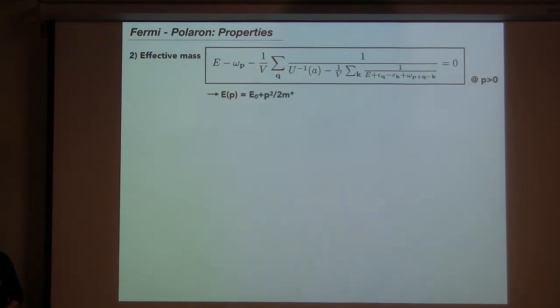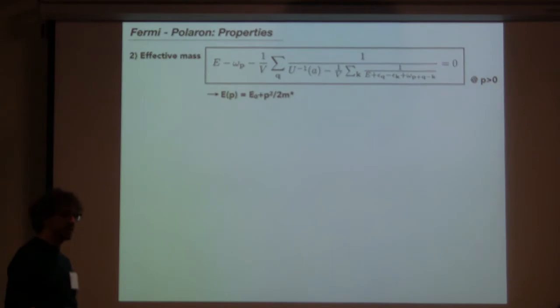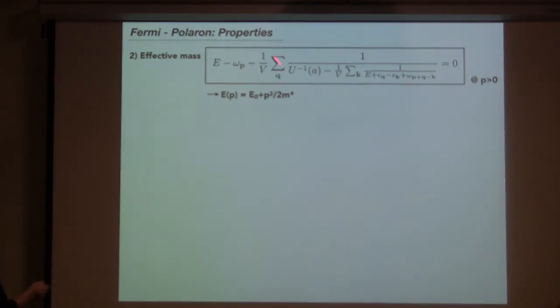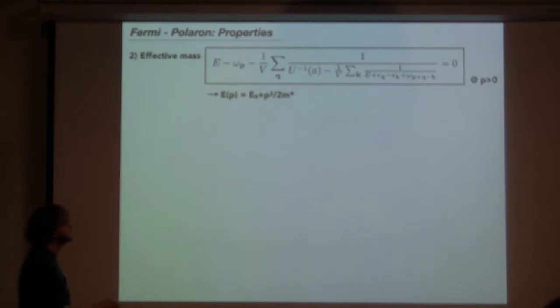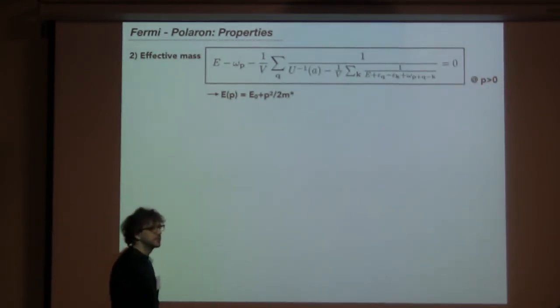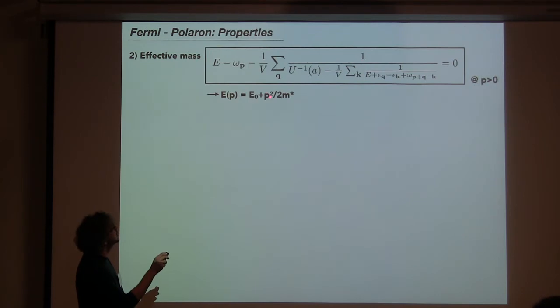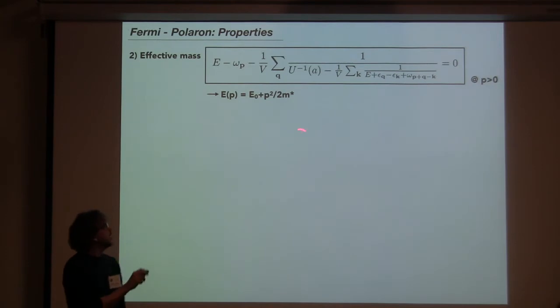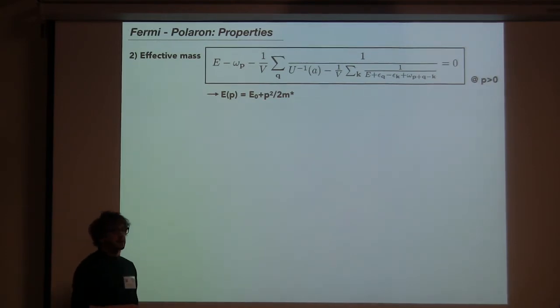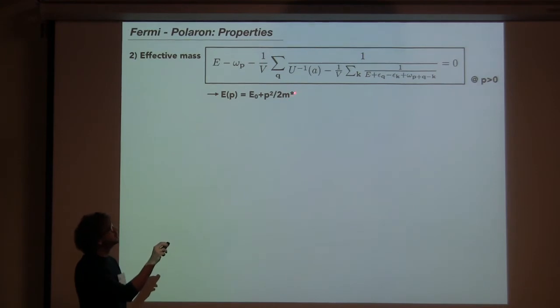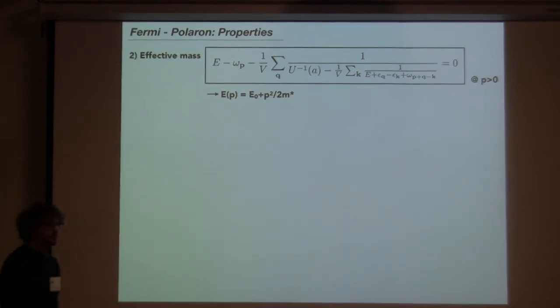Alright, so the next quantity we want to talk about maybe is, okay, how would actually the mass change of this impurity, this was like the raindrop basically, falling from the sky because it got too heavy. So how heavy does the Fermi polaron become? We then take the same equation. This time we have to evaluate the final momentum, because we're interested in what is the energy of the polaron as a function of momentum, and then we want to get the solution and fit basically a p-squared over twice the mass dispersion relation to it, but it's not the bare mass of the impurity, but some m star effective mass.